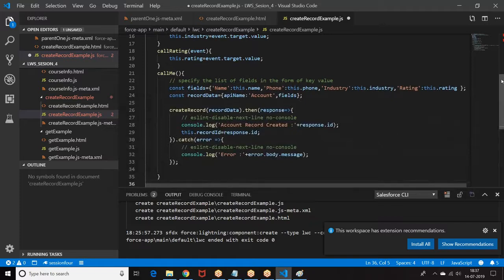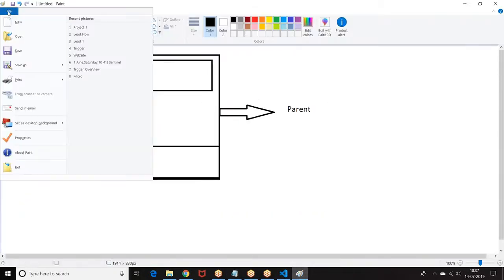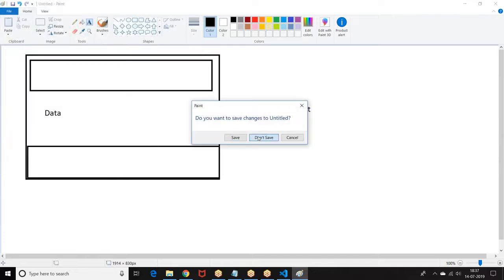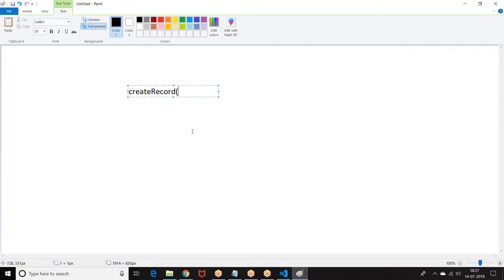Till here, it's done. Now, we are supposed to create the record. When you are supposed to create the record, you need to understand a few quick points here. The formation of record, create record. Here we have given record data, the name of the object and the values. That one we have to pass as a parameter. Record we have to pass as a parameter.